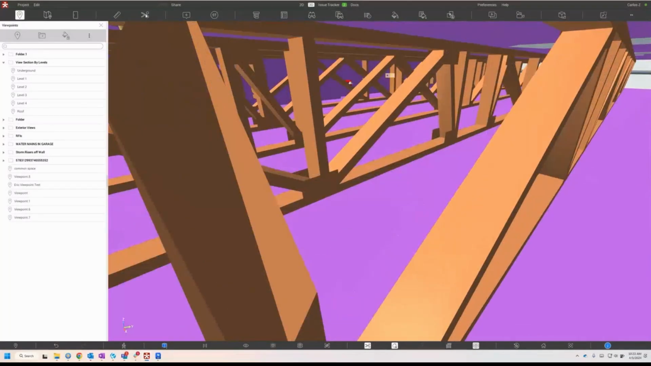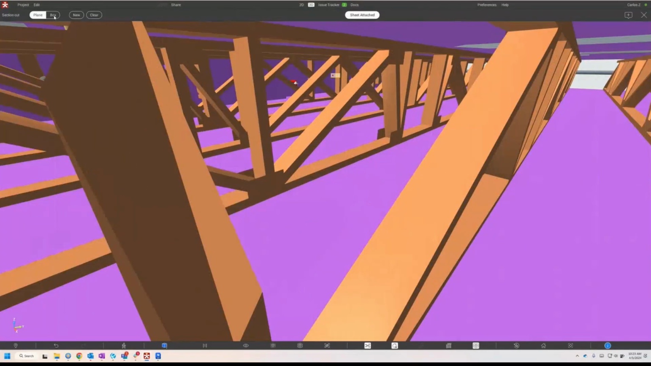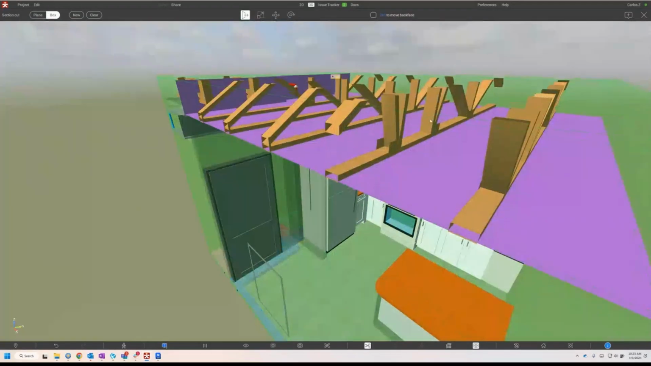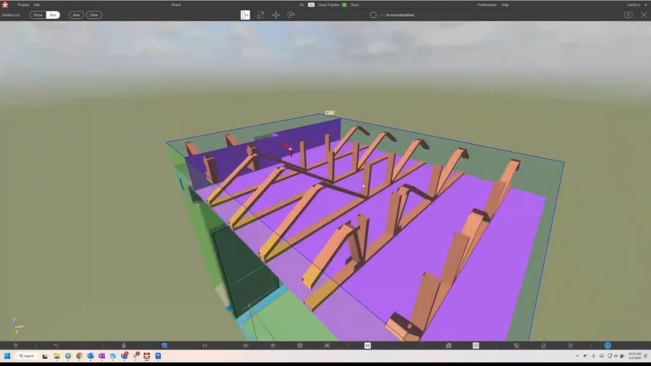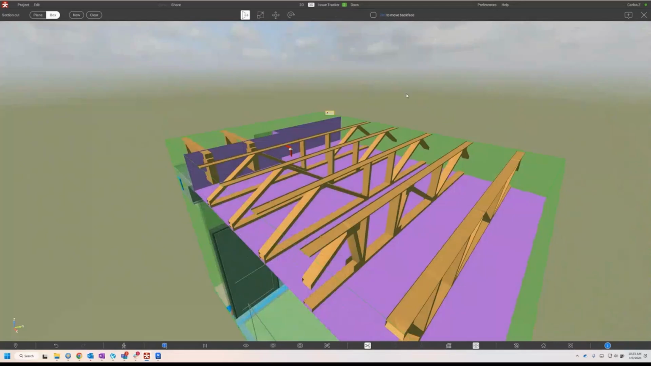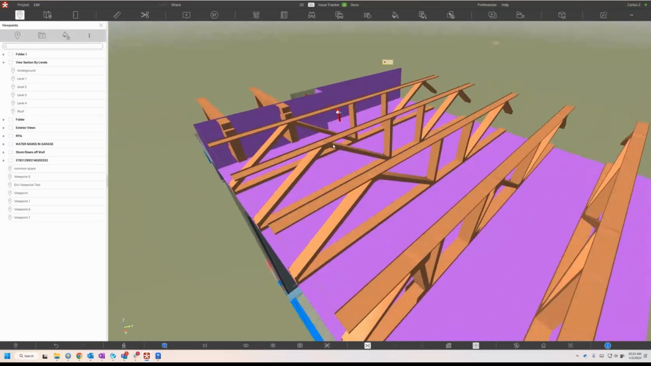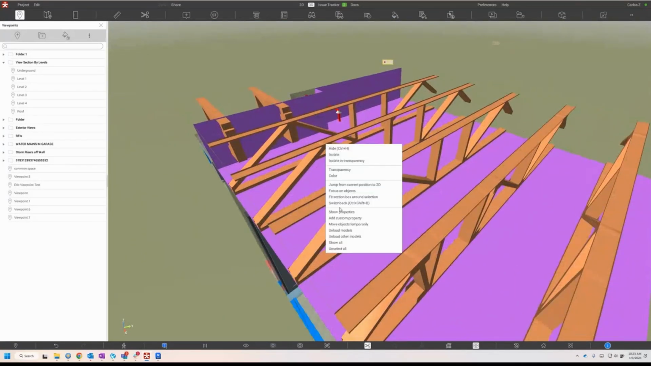Let's say I'll do a section cut. New box. I think there's a problem here. So let's say we found it. I don't have an issue there. But if I right click on this and I say switch back,